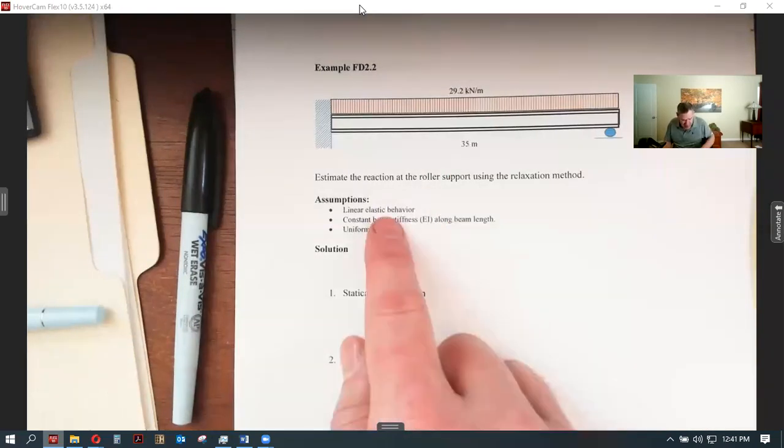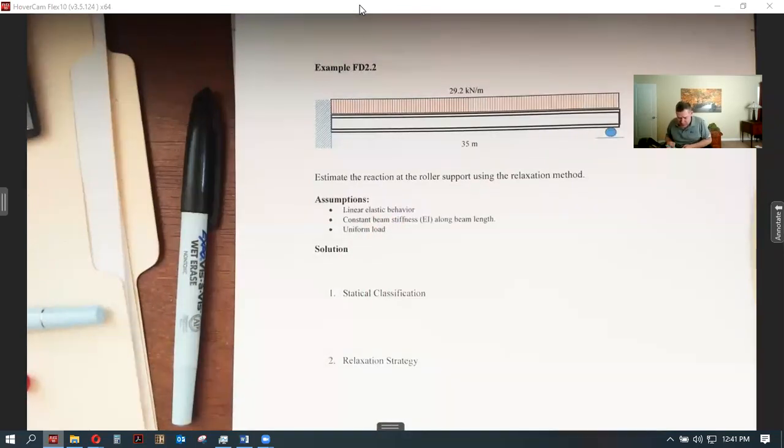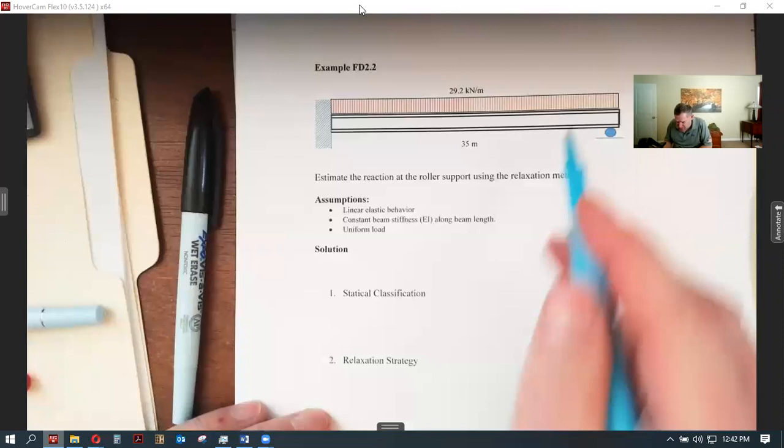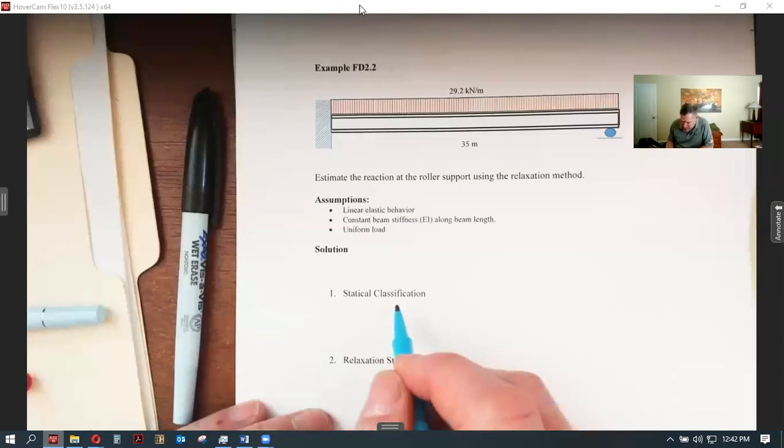We're assuming that we have linear elastic behavior, that we have constant beam stiffness along the beam length, and that we do have this uniformly distributed load that doesn't change its magnitude and is applied everywhere along the length of the beam. All right, so let's take a look here and verify that we do have a statically indeterminate